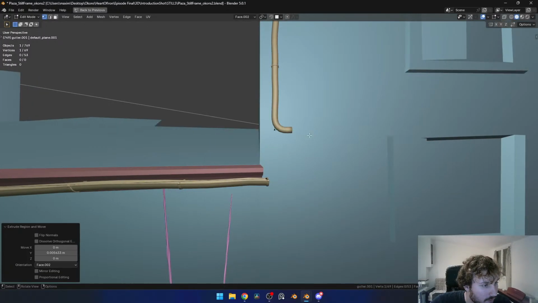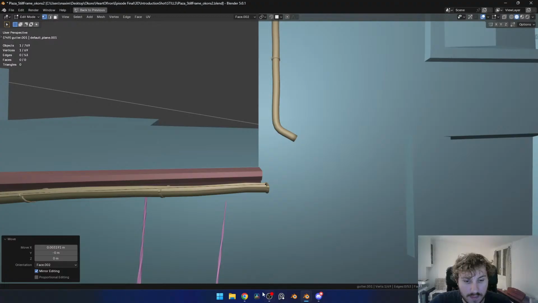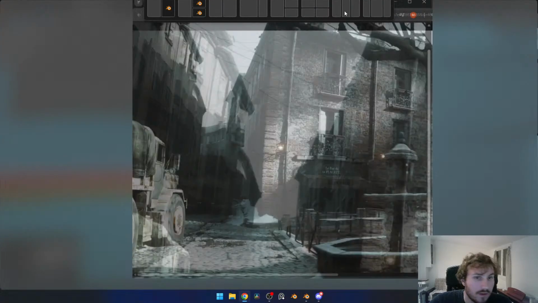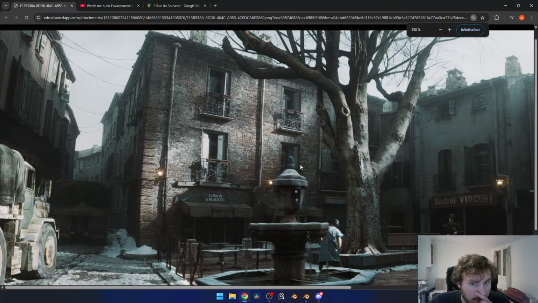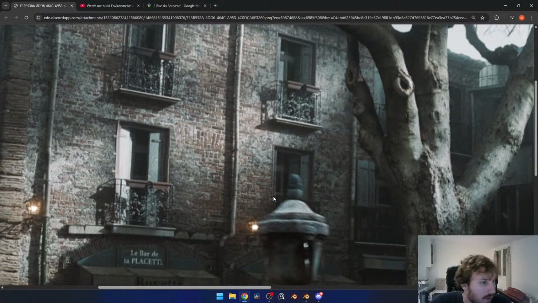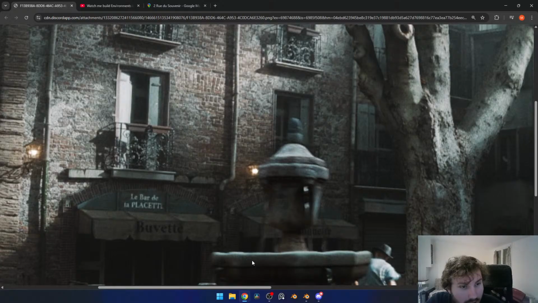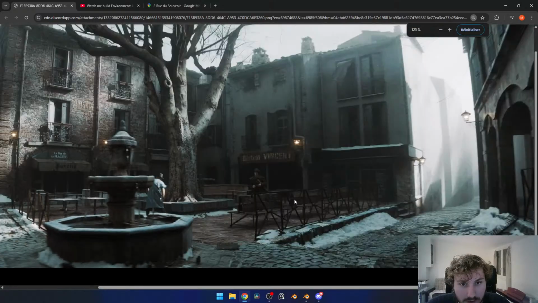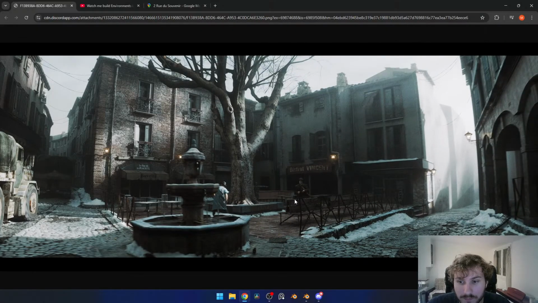Are you gonna add decals to the buildings? What kind of decals are you thinking? Do you mean like it lacks edge details here and stuff? I thought about it, but just to contextualize the project, it's gonna be a long take. This part of the shot is a very small part of the shot, and there's so much to look at, and the camera is moving,